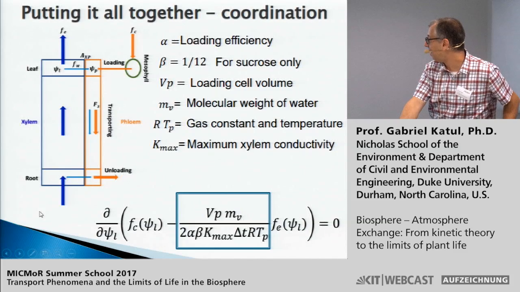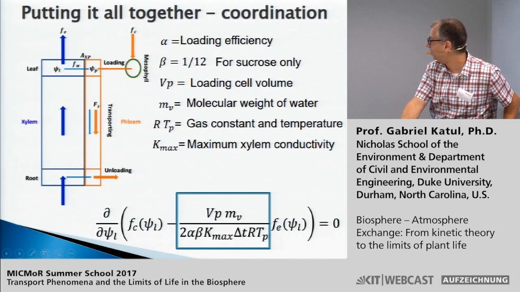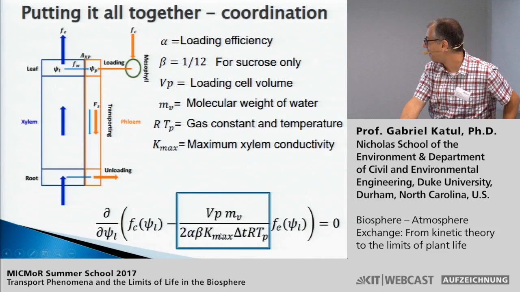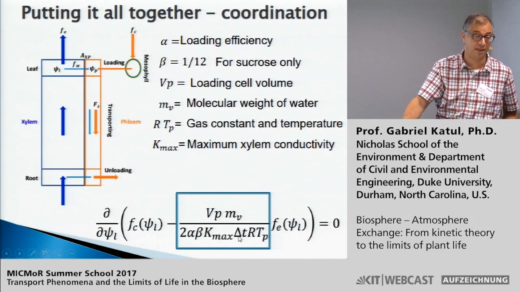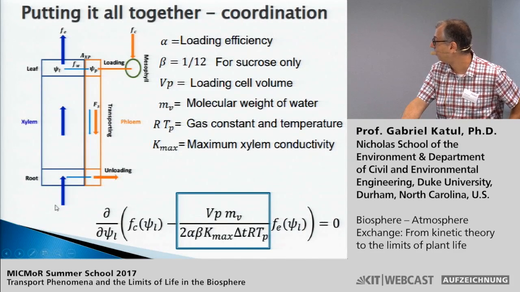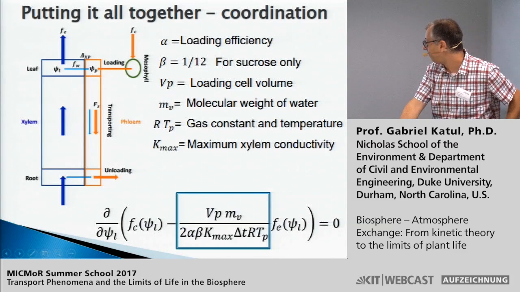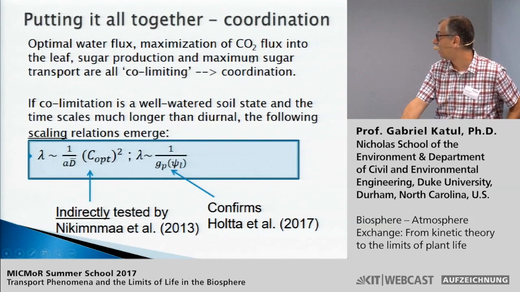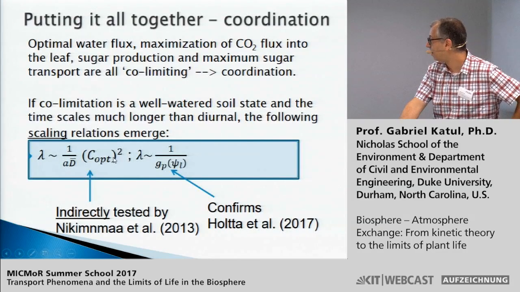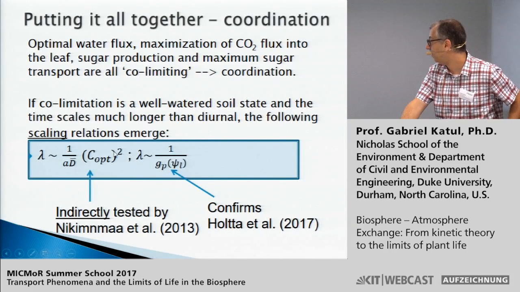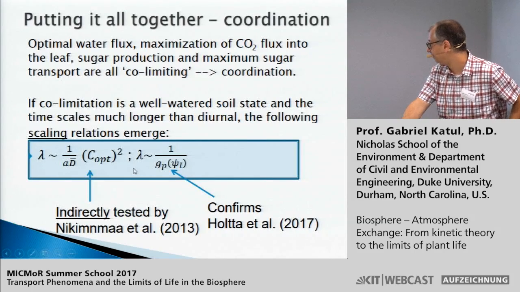You could actually rederive the marginal water use efficiency of the Cowan and Farquhar equation as a function of all the loading phloem properties and the maximum hydraulic conductivity in the xylem. So this is actually strictly based on a water balance, based on demand, supply, and transport. I'm not going to go through this whole derivation, but basically now you could show that you could link the two. And other things pop up: this marginal water use efficiency might actually scale with the square of the optimum sugar concentration, and you could predict analytically that the marginal water use efficiency has to drop with the conductance that varies with leaf pressure. Both of those have some support in the literature.